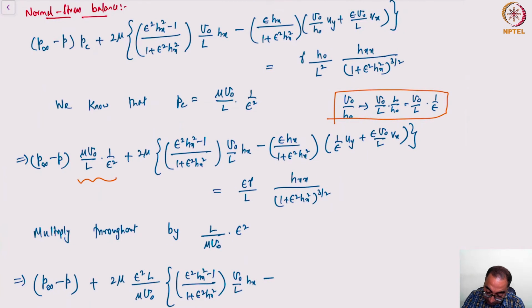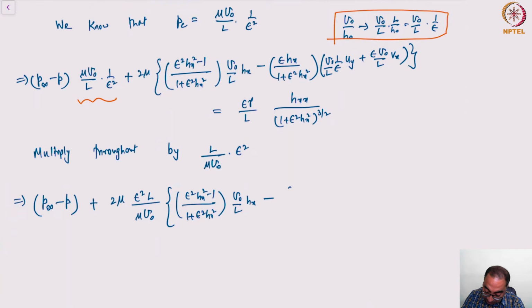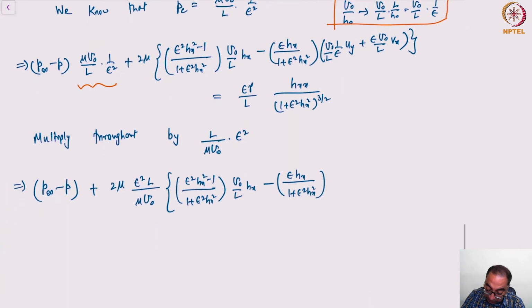I've missed a u naught by L. Sorry about this. So in the uy term, just correct this thing here. There should be u naught by L. Just correct this u naught by L there in that term. So I have epsilon hx by 1 plus epsilon square hx square times, if I take u naught by L, u naught by epsilon into L, if I take that common, I'm going to get uy plus epsilon square Vx,